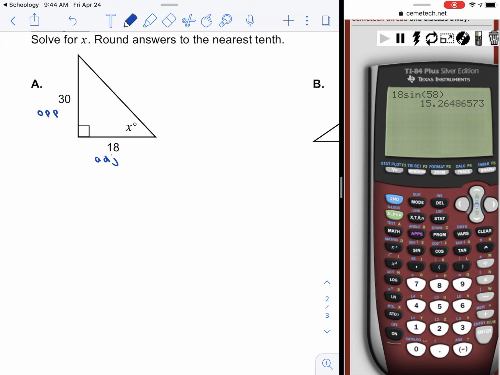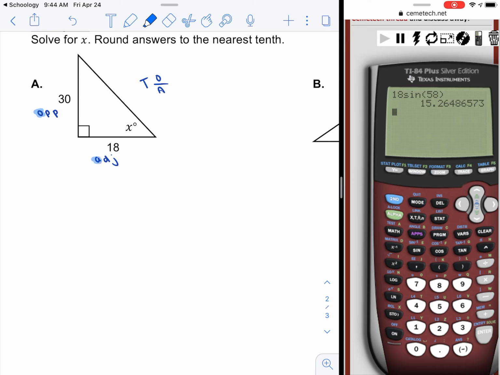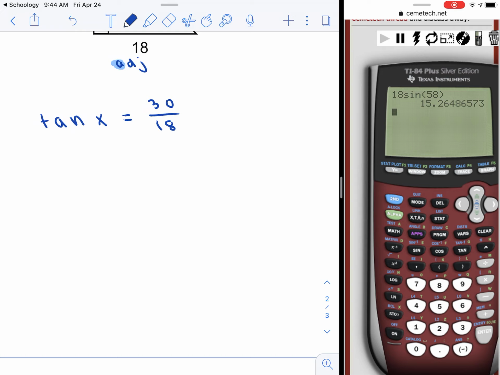So I know opposite, adjacent. I know that that's tangent. Tangent is the opposite over adjacent. I could highlight this too, just to be consistent with what I've been doing. So let's set it up. The tangent of x equals opposite over adjacent. Now, to find angle x, we don't divide by the tangent. What you're going to say is that x equals the tangent inverse